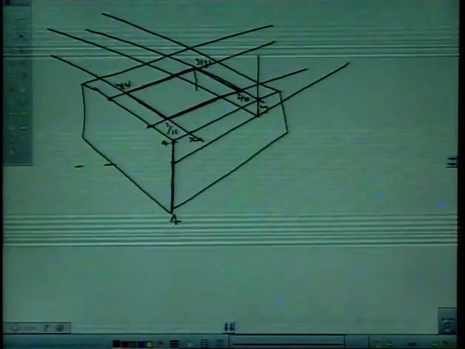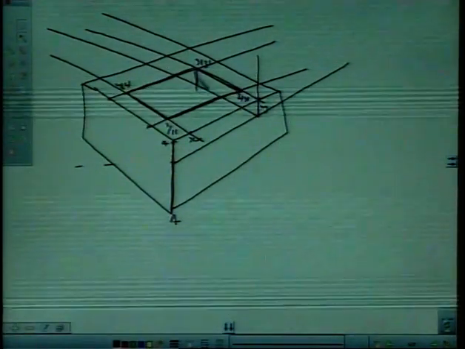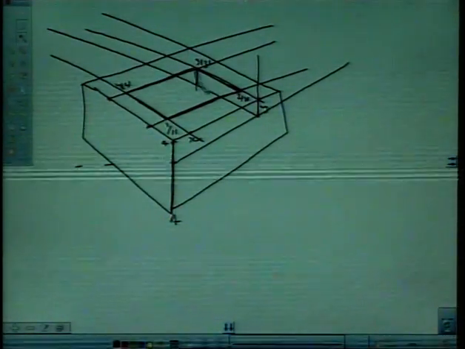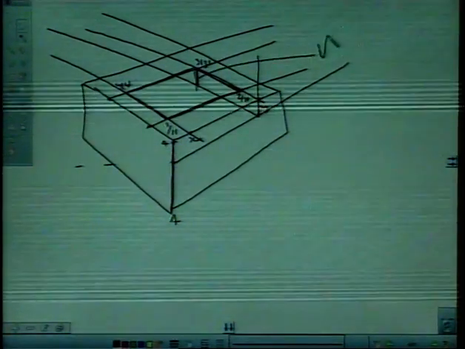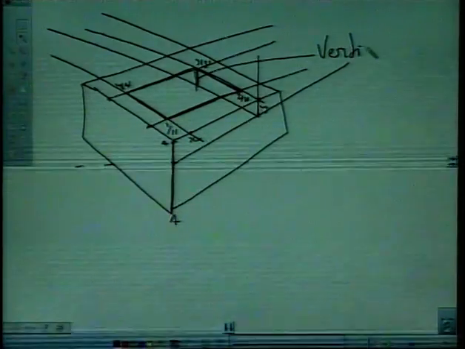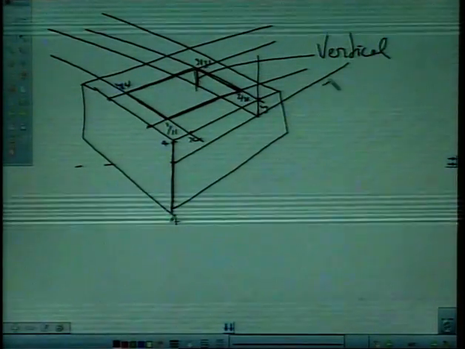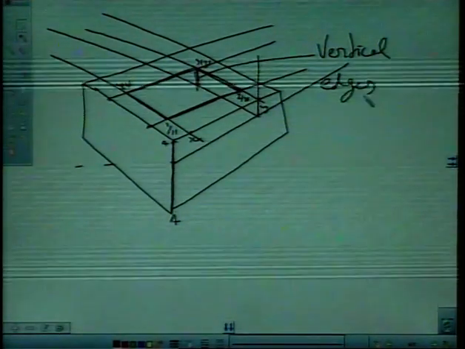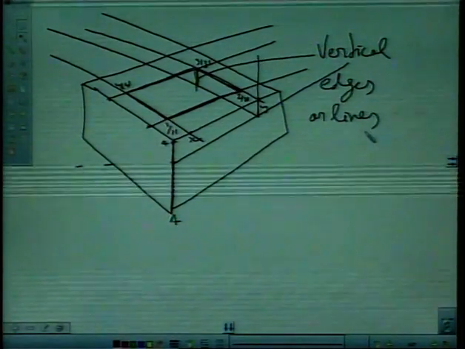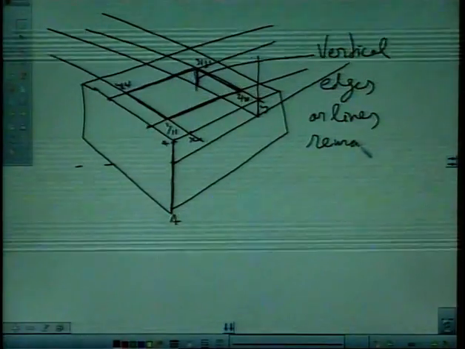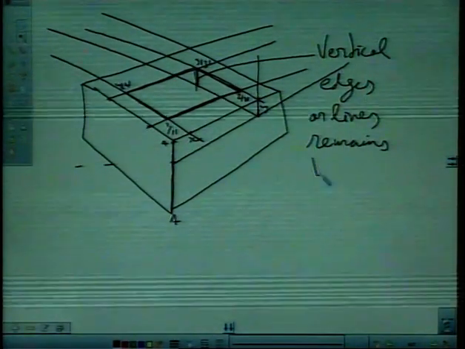And I have drawn vertical line from here, just vertical, because as per rules vertical edges or lines remain vertical